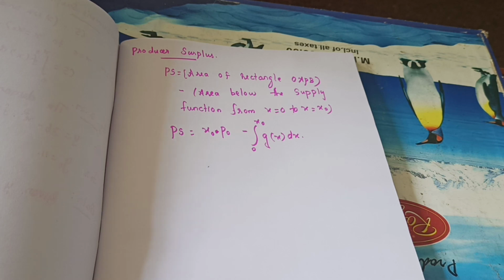Learn it. In that 3.2 exercise we have learned all the formulas, so you take that separately and learn it. These two formulas alone. Producer surplus and consumer surplus, don't confuse the two. Consumer surplus means the integral of 0 to x naught f of x dx minus x naught p naught. Here it will be the term x naught p naught minus the integral of 0 to x naught g of x dx. Understand, students? Okay, learn it.